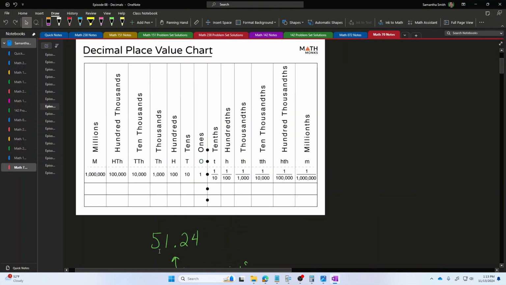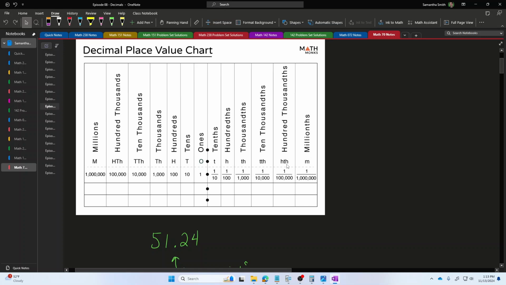And the meaning of the digits, based on their position relative to the decimal point, is given by a chart that looks like this one. If you look at the number directly to the left of that decimal point, this is telling you how many ones are in your number. Two steps to the left of the decimal point is telling you how many tens you have. Three to the left is telling you how many hundreds you have, then how many thousands, how many 10,000s, and so on.